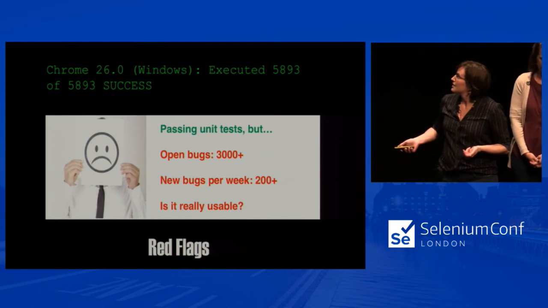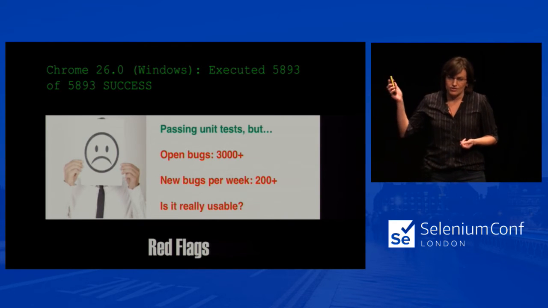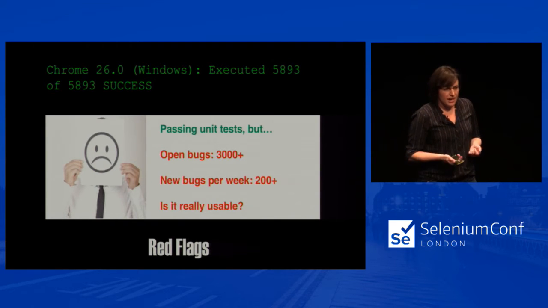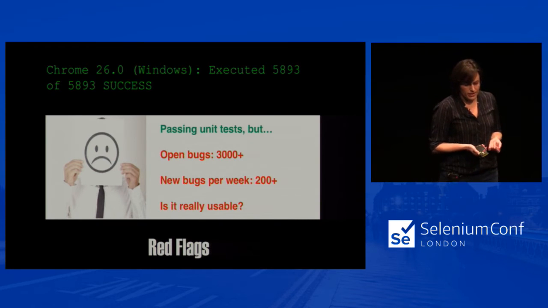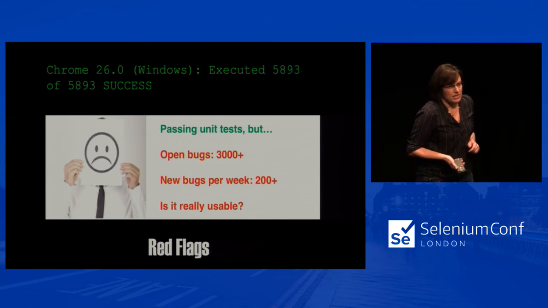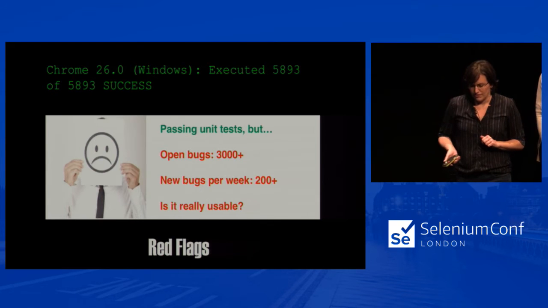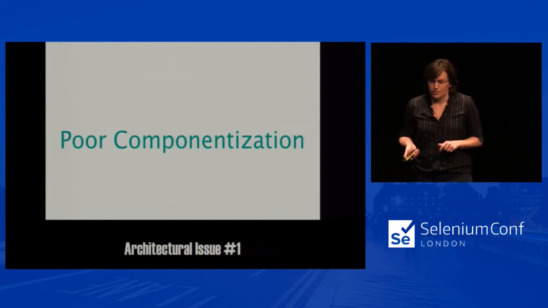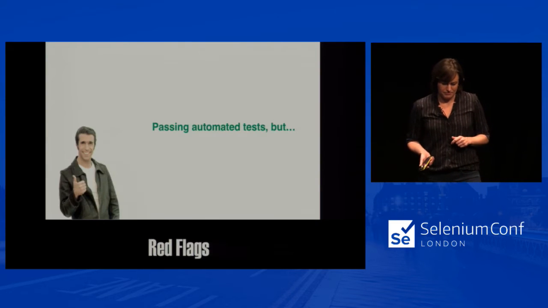So in this case, we can tell that our test results are not consistent with the actual working application, which means we have a lot of holes in our test coverage. And this is either because our developers aren't writing tests or because there's not good enough componentization in the app to be able to write tests around these components, which means we have major holes in our coverage. And so we'll call this one poor componentization.